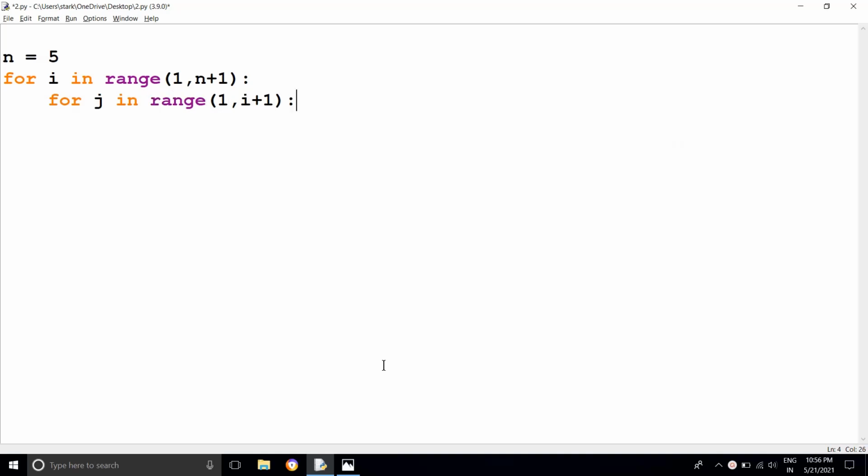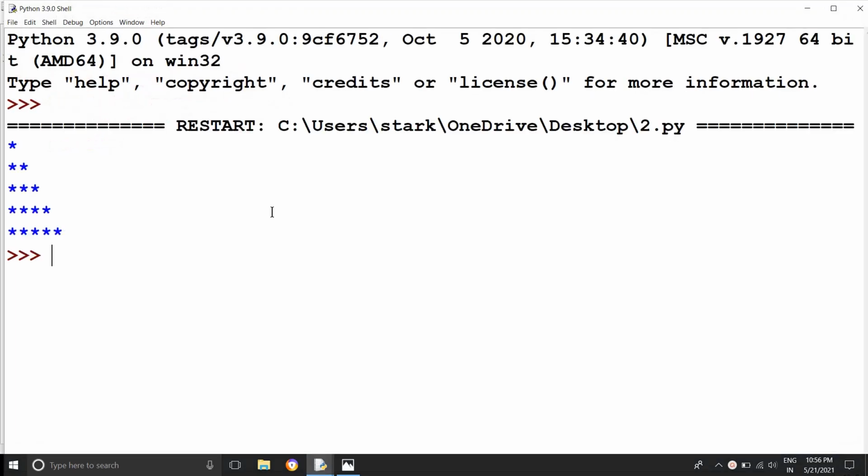Using the print statement, print stars here first, and then end is equal to empty, keep it here like this, and print. Now I execute this one. I'm getting the output like this because I'm getting the structure, right? So I need to print the output format in this pattern, in this structure.